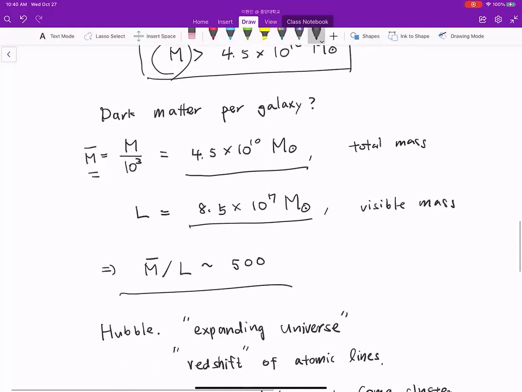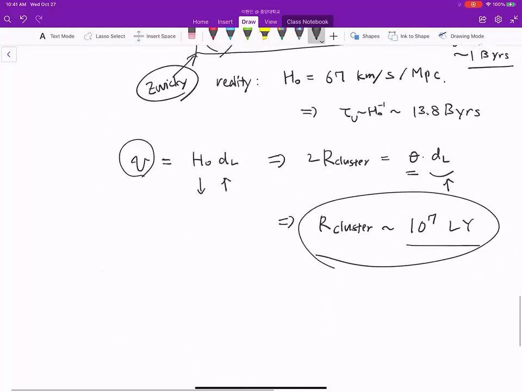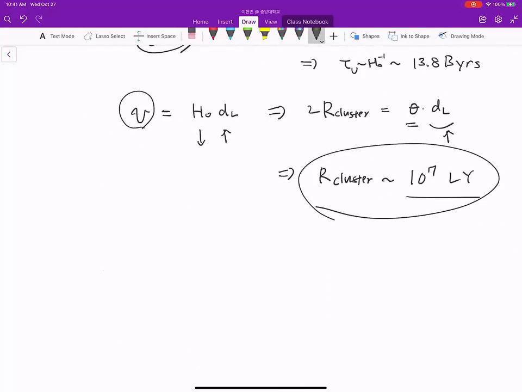But also this luminous mass is not correct. Because of that, we thought that dark matter is much more abundant, but this is not true. So the real value, let me give you a more precise value. The lower limit is now this one, and the luminous mass is now...